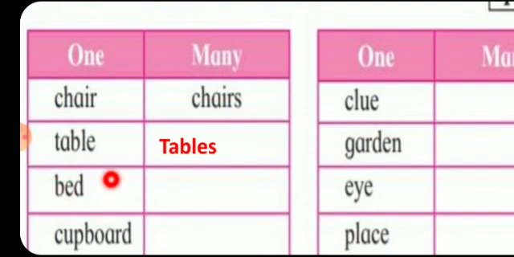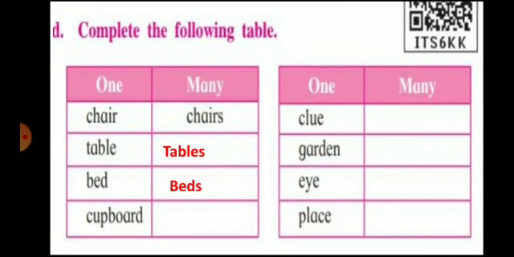Now there is one bed, BED, bed. Now we have to say many. So for many, what will be there? BEDS, beds, many beds. Now there is one cupboard, CUPBOARD, cupboard. So if there is one, we say one cupboard. Now we have to make many of one, so we will say cupboards, CUPBOARDS. So by adding S we make the many of singular or ones.